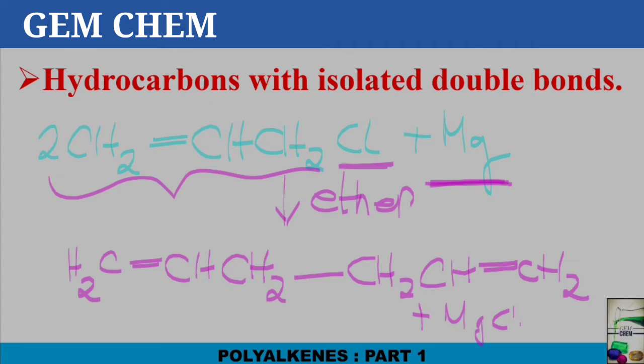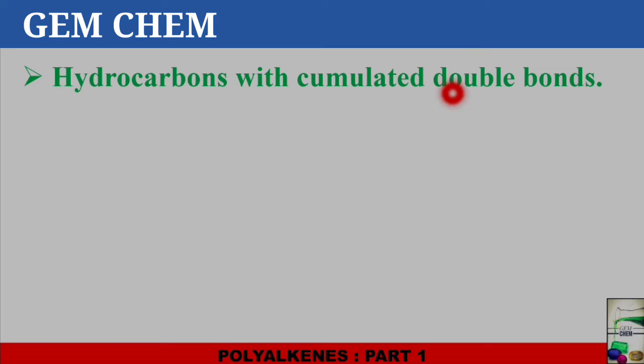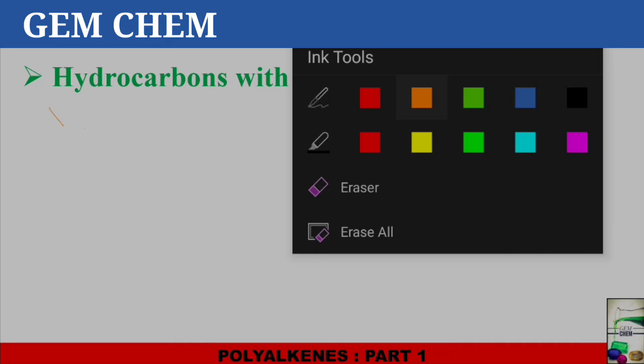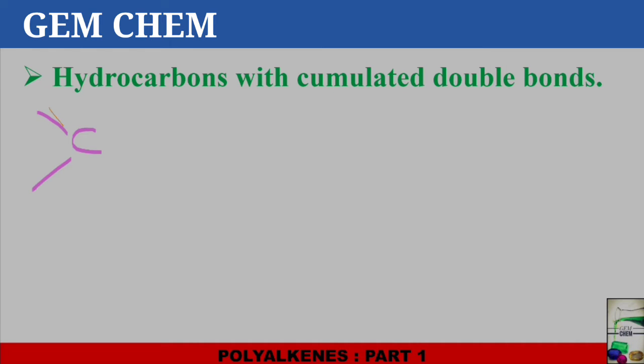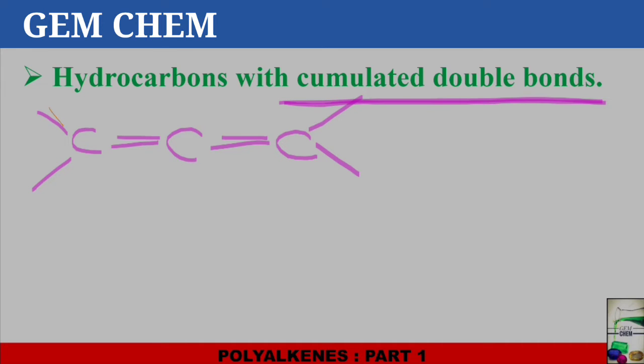Now we will see a detailed discussion on hydrocarbons with cumulated double bonds. If you see in any of the molecules, the arrangement is like this, that is, you have C=C=C in continuation. It is known as hydrocarbons with cumulated double bonds. Now in this case, the simplest compound is, just put hydrogen in it. The molecule which is being generated is known as allene,